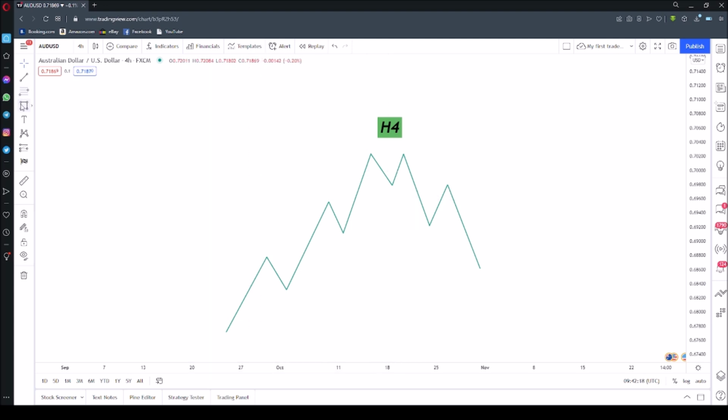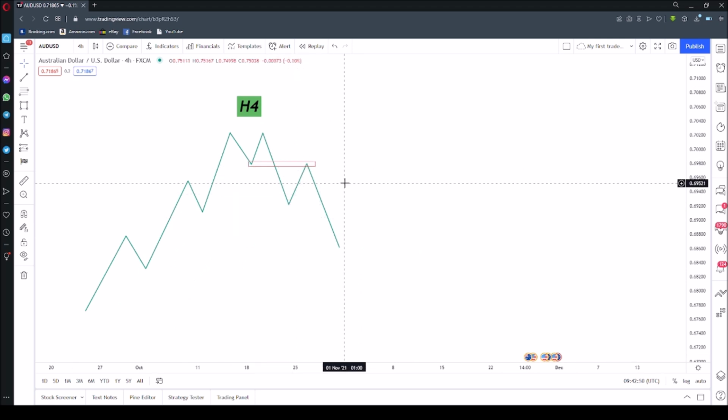So where we locate the first order block is probably on the last candle of the last lower high creation move. In this case we had a lower high at this point, and at that point, that is where we had the bullish order block, which is basically the last red candle body on that particular move. So now what we are waiting for is to see the market come back into that higher time frame order block. Within that higher time frame order block, we will now require